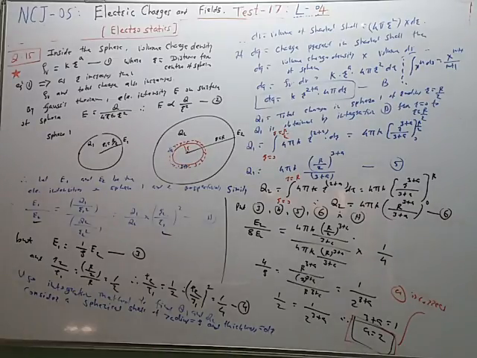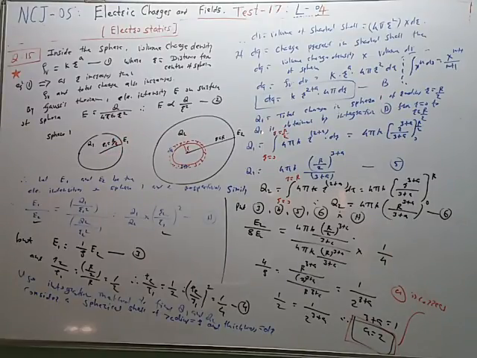If dV is the volume of the shaded spherical shell with radius r and thickness dr, its volume is 4 pi r square dr. So we know the volume, and therefore the charge present in this volume is dq, and it is given by the volume charge density multiplied by volume dV. So rho V into dV. By substituting we get this dq. Again, as this r changes, this dq will change.